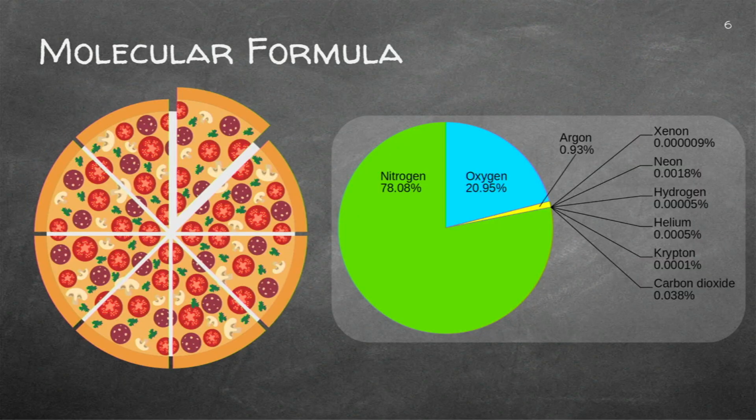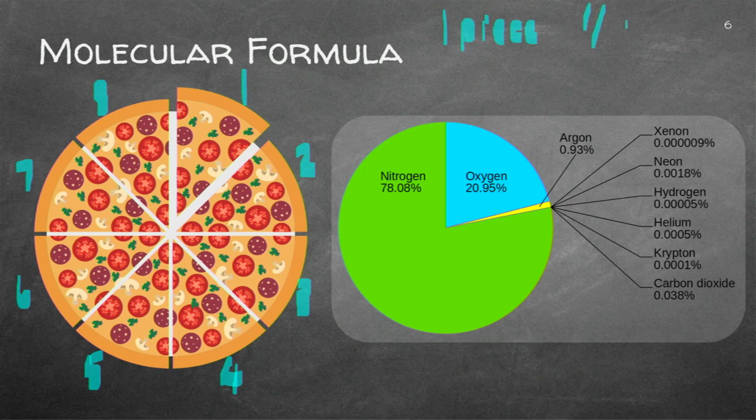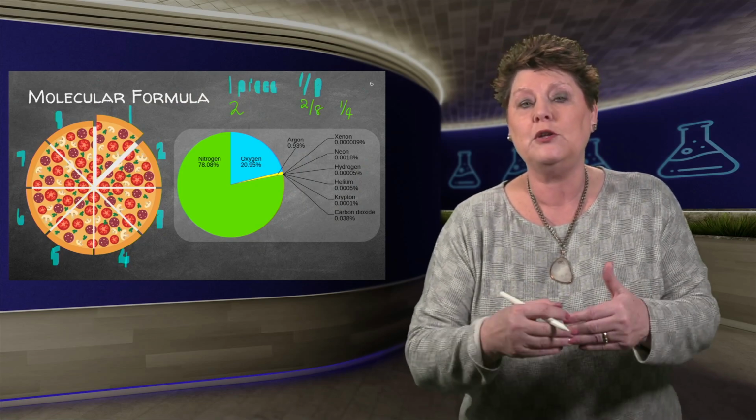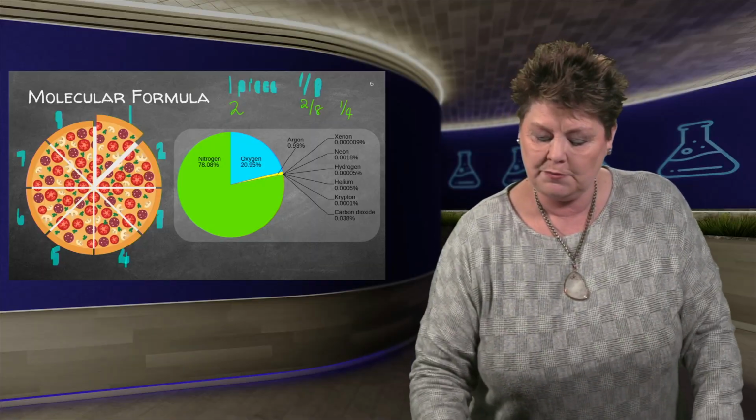Right, I'm going back to a picture that I've shown you before. I've got a pizza here, and if we divide this picture in pieces, I've got 1, 2, 3, 4, 5, 6, 7, 8 pieces. If you got 1 piece, you actually got 1/8. If you got 2 pieces, you got 2/8, which is a quarter. Can you see fractions, which we've done since primary school? It's very important when we do chemistry, and specifically quantitative chemistry.